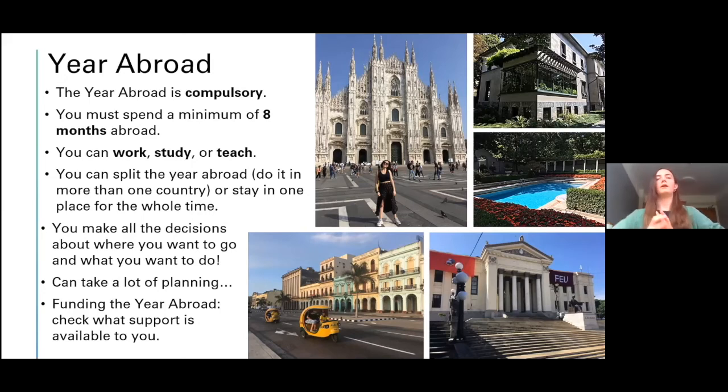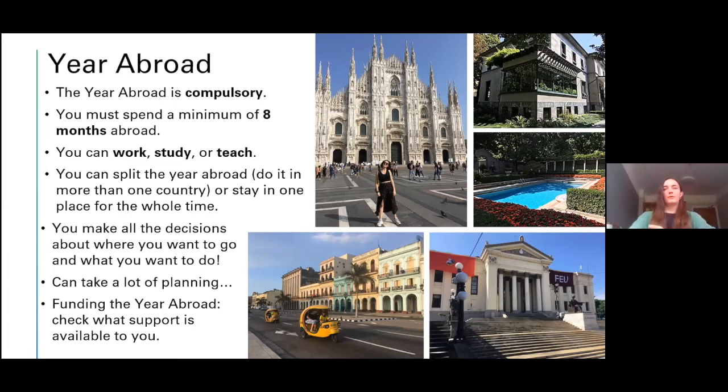And then after that, I went to Cuba to study at the University of Havana. That was going to be for about 7 months, but in the end it was more like 2.5 because the pandemic unfortunately brought that to an early end. But I still had a very good time while I was there and got to do a little bit of traveling, which was great fun.